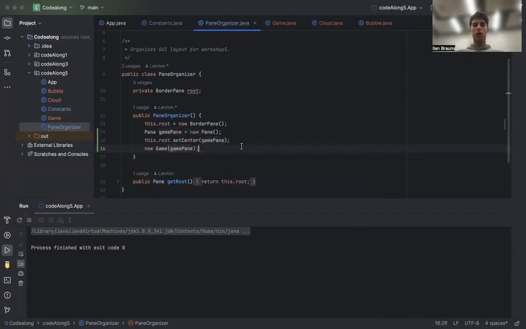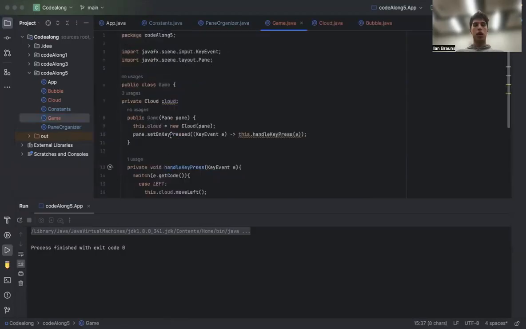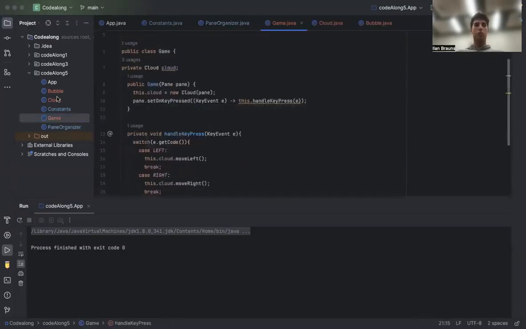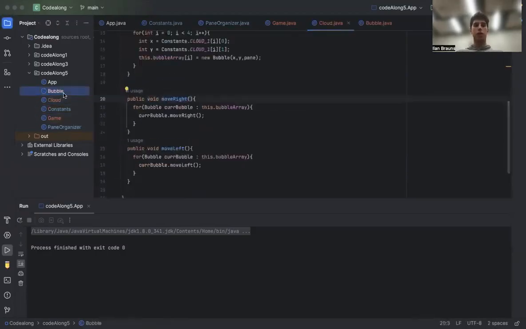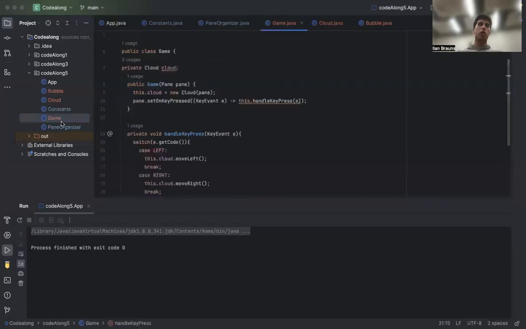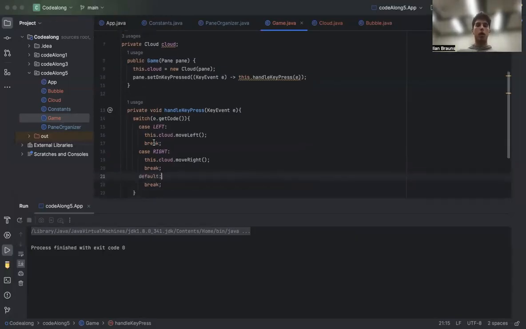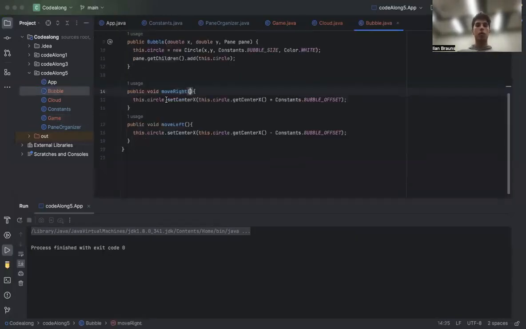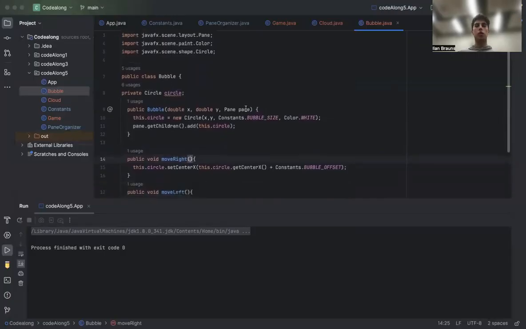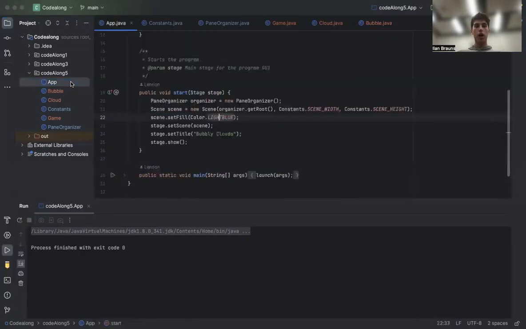Right. And again, now we see this game pane is the game pane going to our pane, to our game, which is in the center, which again gets passed down to our cloud, which gets passed down to our bubble, which gets passed to our circle. So that's the really nice delegation pattern we want between our pane organizer and our classes and our top level logic. And that all started because in bubble, we said we don't want to create the pane here. We're just going to ask for a pane. And now